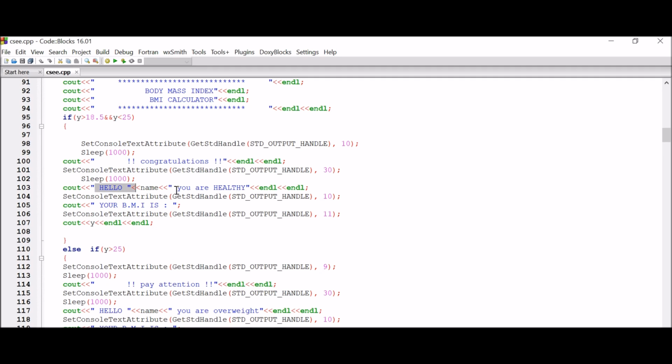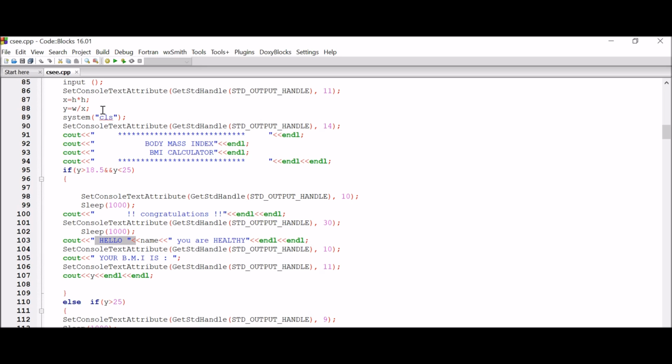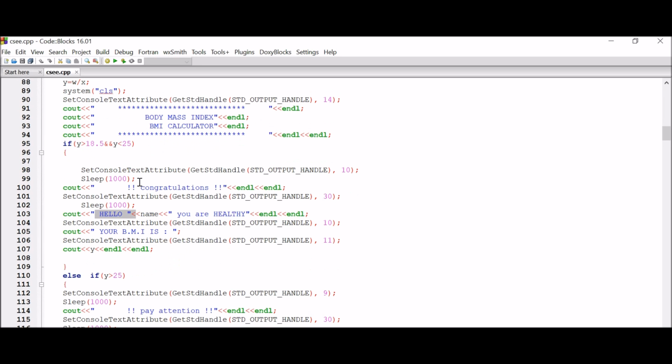Let's say Ram: hello Ram, you are healthy. Your BMI is y. Now y will be the value stored after the calculation. Let's say someone's BMI is 19, so: hello Ram, your BMI is 19.